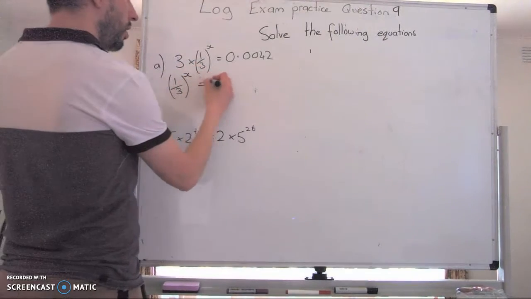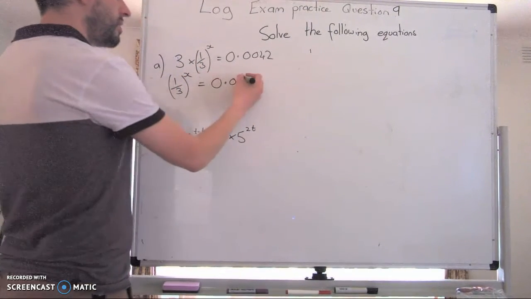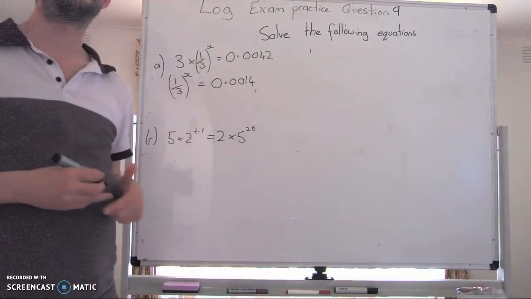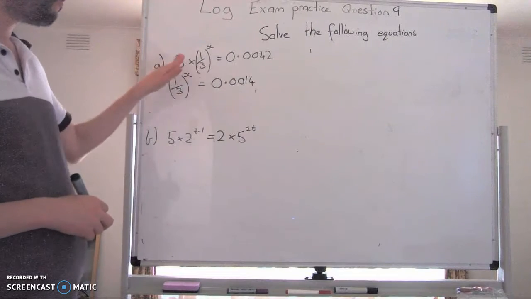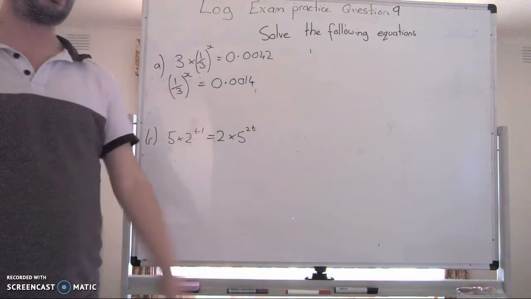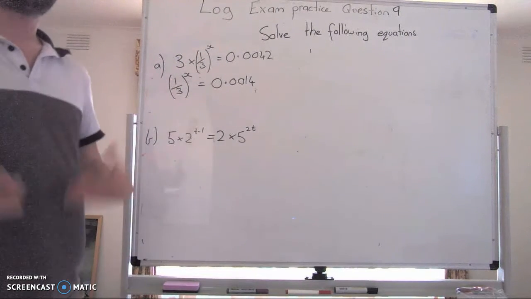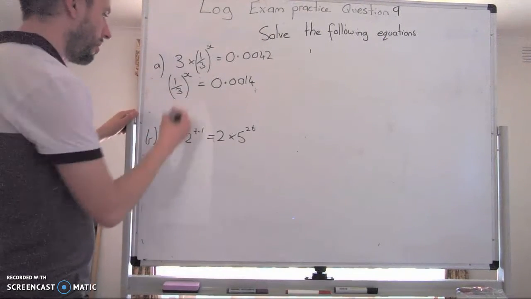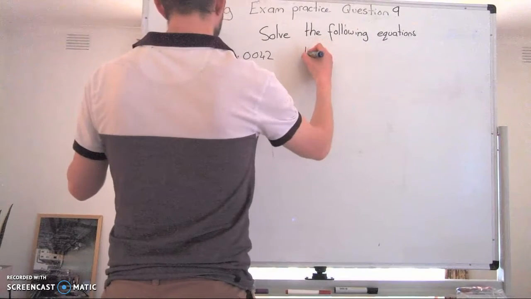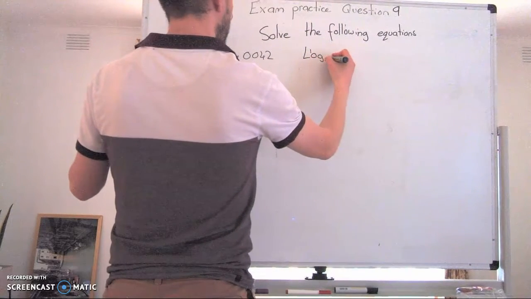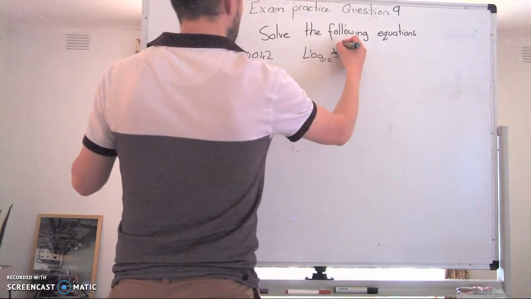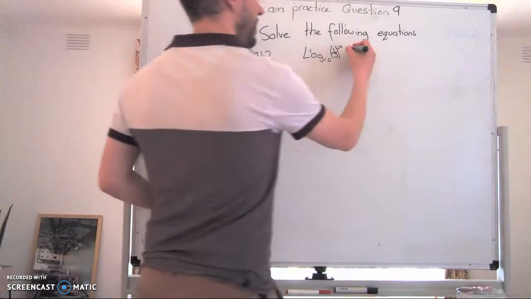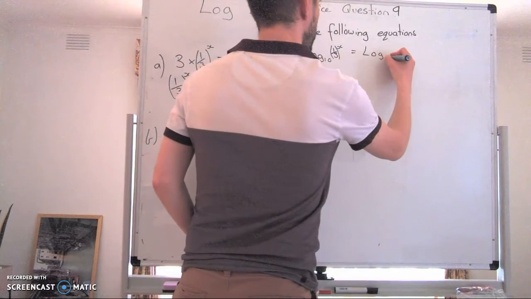Now one thing we know about the equal sign is that the equal sign is equivalent. Whatever we do to one side, we must do exactly the same thing to the other. So I've divided both sides by 3. It also helps us with understanding everything though, because if I do log base 10 on one side, I'm doing the same thing to the other. So I could rewrite this and put log base 10 of 1/3 to the power of x, and that is going to be equal to log base of 10,